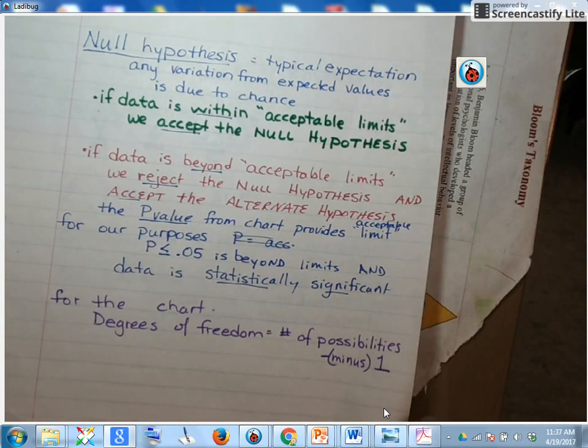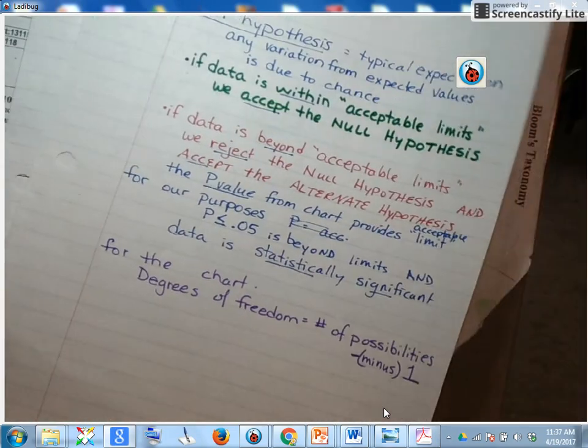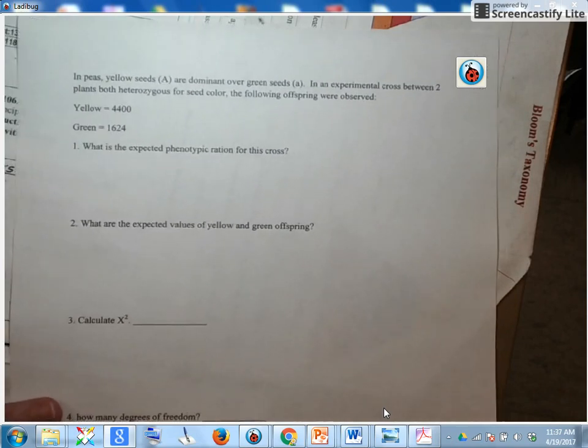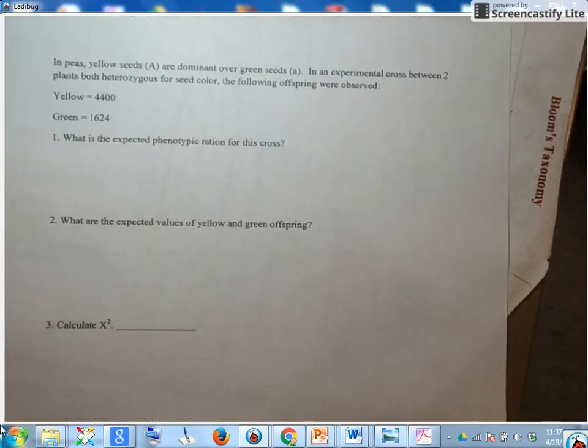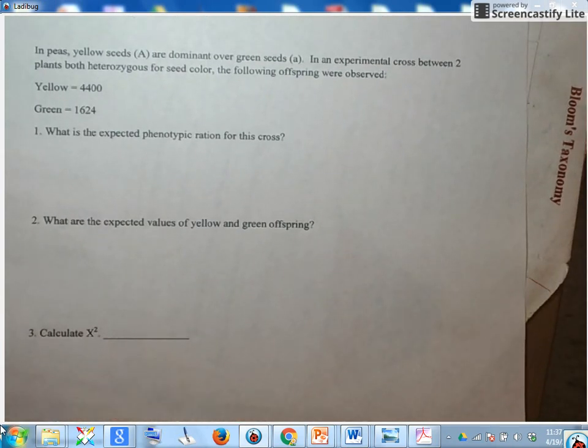All right, so we've got the formula, we've got kind of how this works, so the best way to do it is just jump in and do a sample problem. So here is our sample problem. In pea plants, yellow seeds are dominant over green seeds. An experiment was done to cross 2 plants